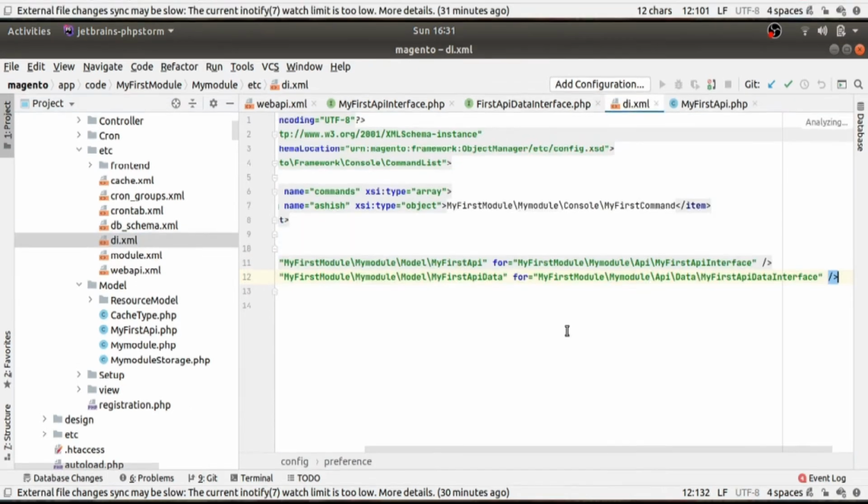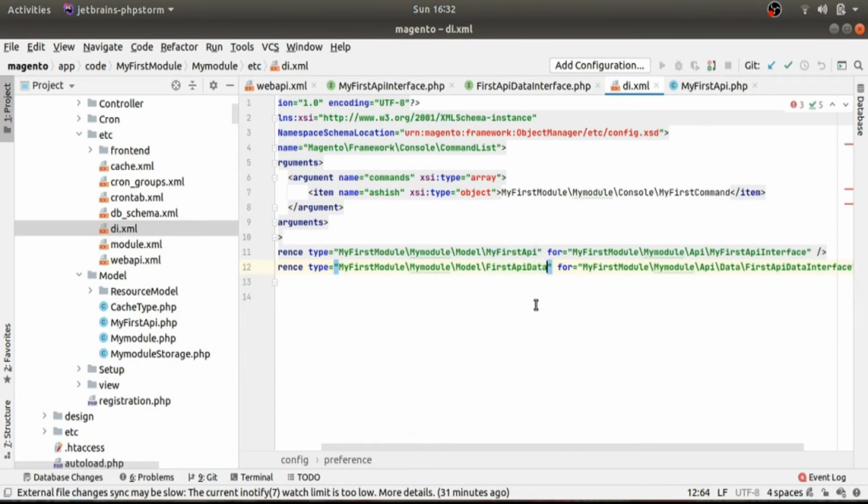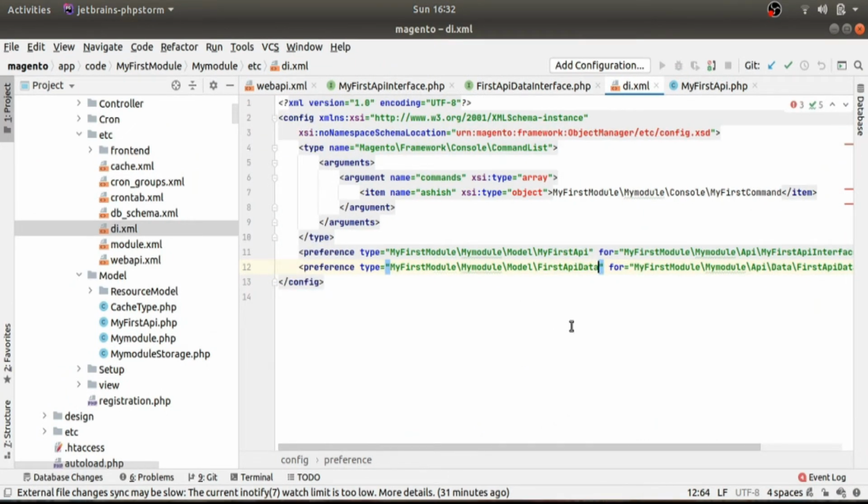Let's define our data interface implementation in our di.xml file. So we are going to use the FirstApiData model to implement our getter and setter functions.